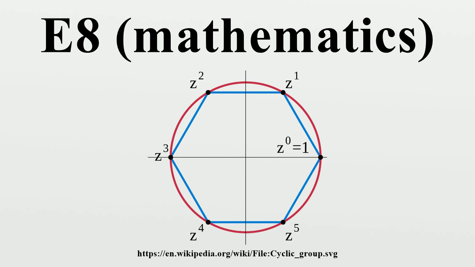Its rank, which is the dimension of its maximal torus, is 8. This is the 8 in eightfold way. Therefore the vectors of the root system are in 8-dimensional Euclidean space. They are described explicitly later in this article. The Weyl group of E8, which is the group of symmetries of the maximal torus which are induced by conjugations in the whole group, has order